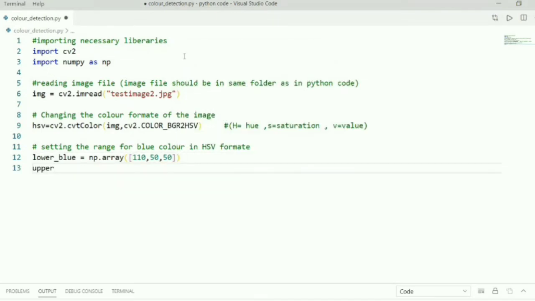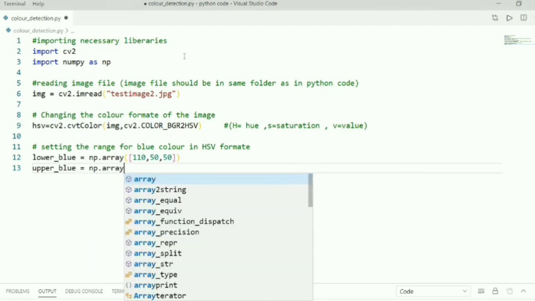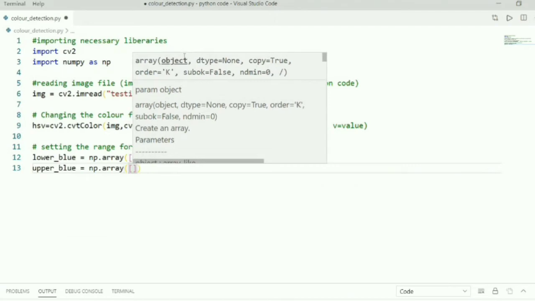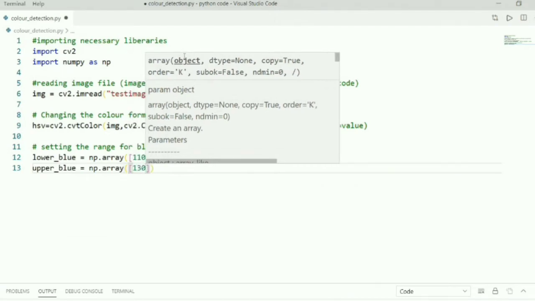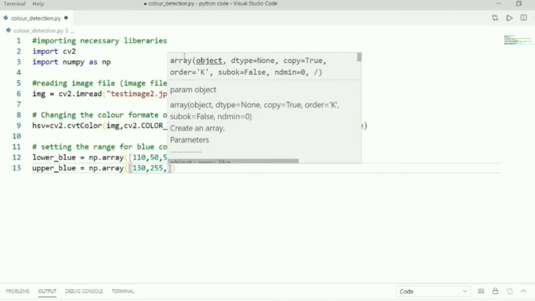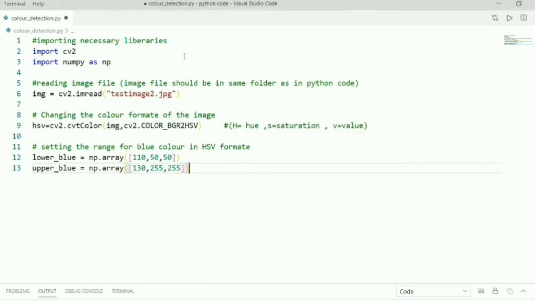This is the lower range for our blue color. Now the upper range: upper_blue equals np.array, in square brackets, [130, 255, 255]. Remember this is the range of our color. In this range our blue color will be detected from our image.